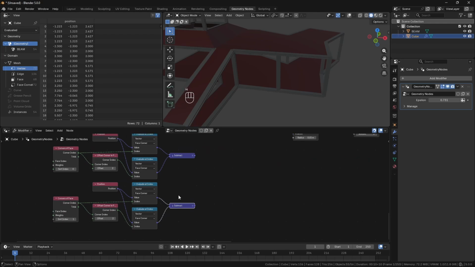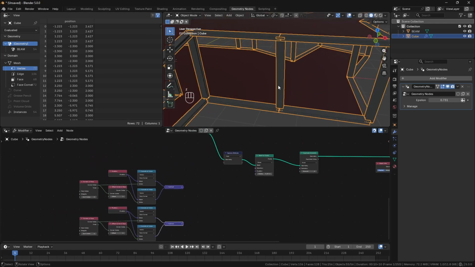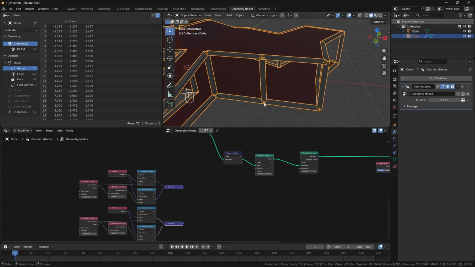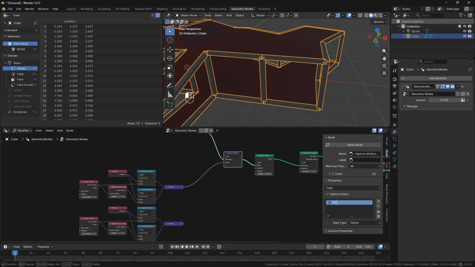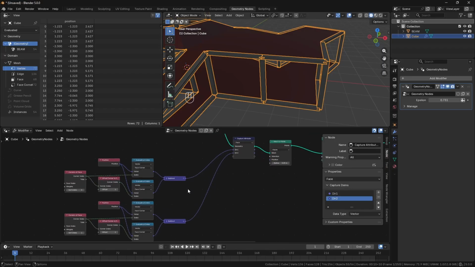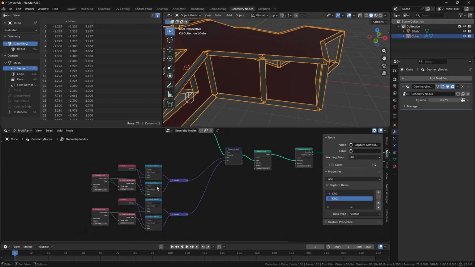Okay, so we're subtracting those two, and that basically gives us the vector direction pointing from one corner to the other, and then from one corner to the other. So we can plug these in over here. I'll just call this direction 1 and direction 2. And then we'll also need the midpoints of these two vectors, so we'll need to create a